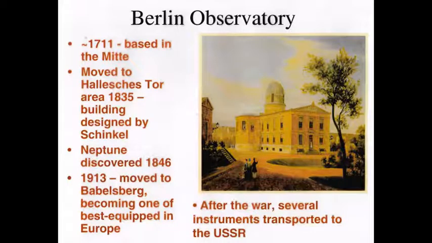So yeah, Berlin Observatory officially had its own observatory building since 1711. It was founded probably about 1700, as an institution, or really at the time it was part of the Prussian society, which was headed by Leibniz, the mathematician. I've got down here it was moved to Hallesches Tor, but as I've just said on a previous slide, that it was actually